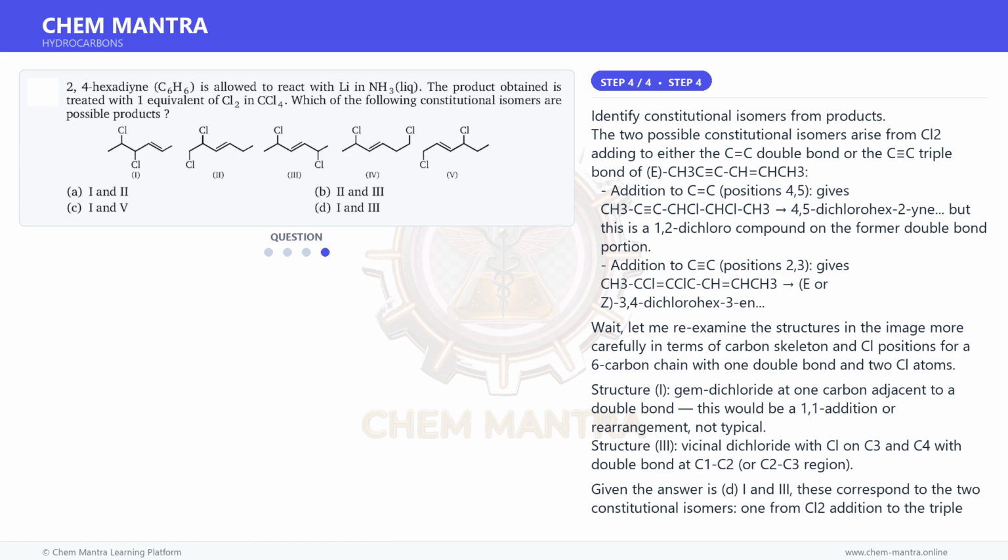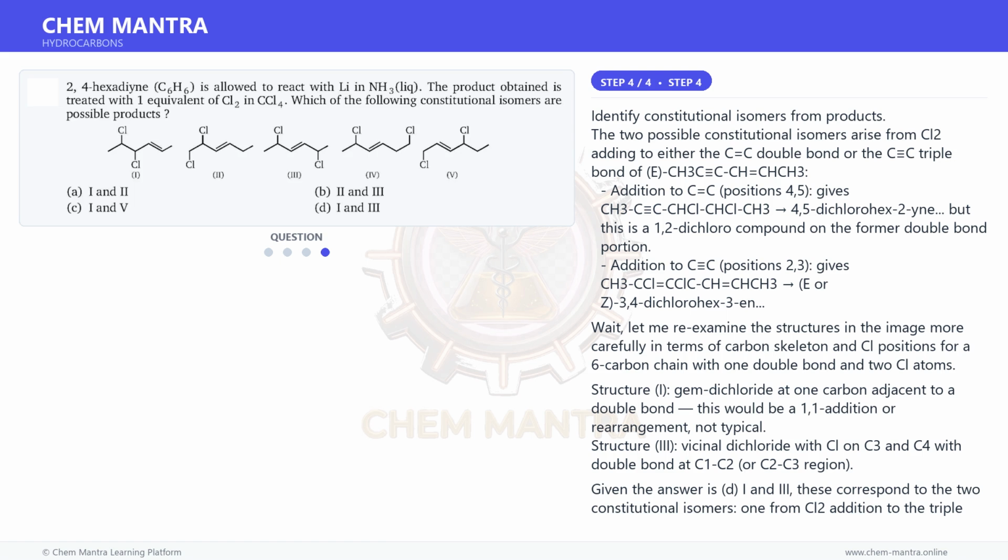Addition to C=C, positions 4,5 gives CH3C≡C-CHCl-CHCl-CH3, 4,5-dichlorohex-2-yne. But this is a 1,2-dichloro compound on the former double bond portion. Addition to C≡C, positions 2,3 gives CH3CCl=CCl-CH=CHCH3, E or Z, 3,